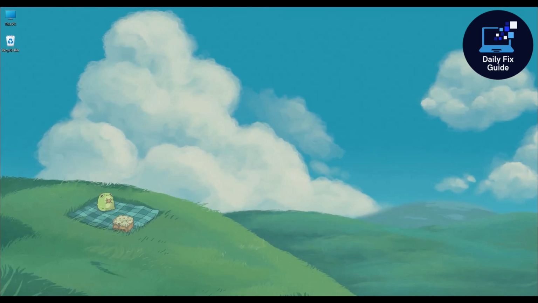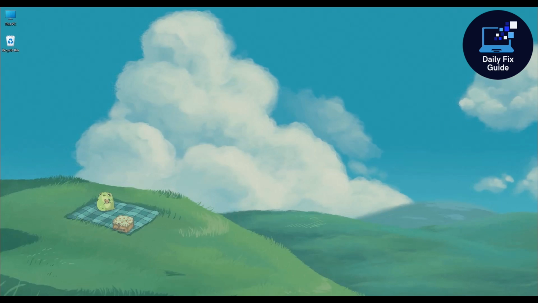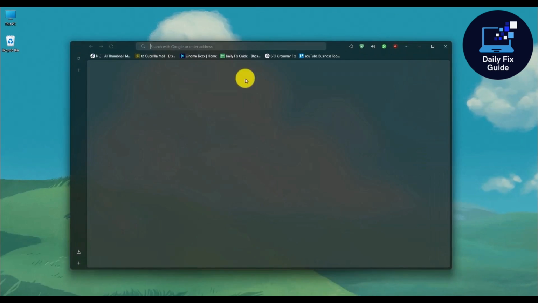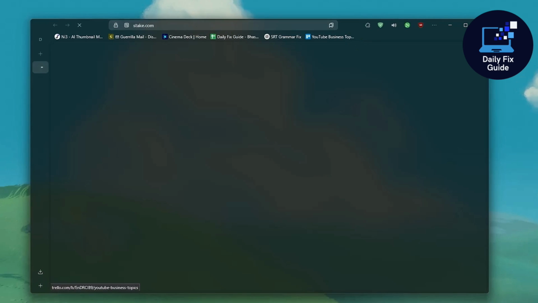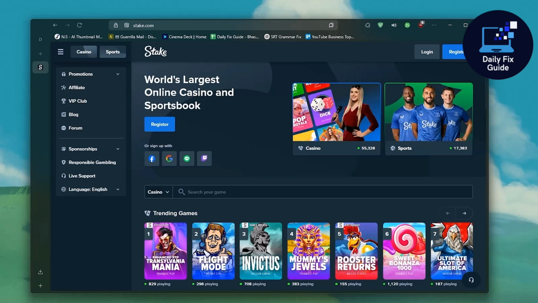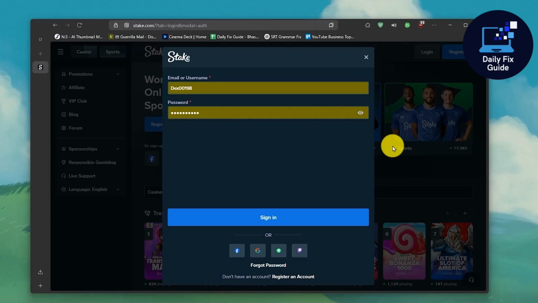First, open your preferred browser like Chrome or Firefox and then go to the official Stake login page. So, open a browser and type stake.com. Now once the website loads, look at the top right corner and click on the login button. Now instead of logging in, look just below in the sign in box and click on the option that says